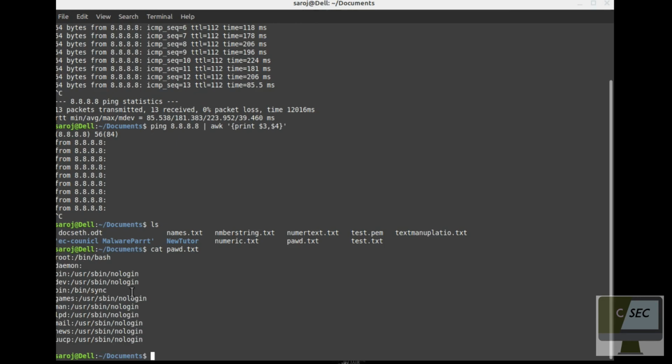If I want to specify the field separator, I can do it through awk, then BEGIN, then the field separator FS equal to, which in our case is double quotes, then a semicolon, then print.